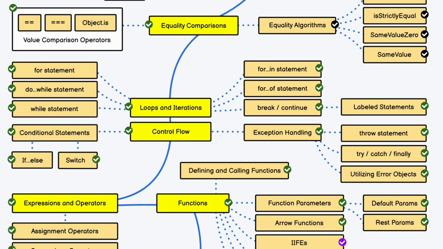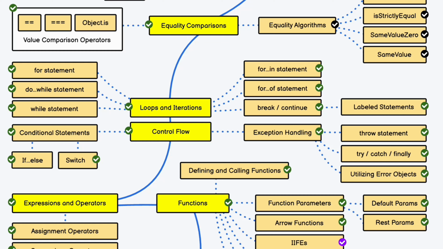Now let's come to the 8th module, which is control flow. Control flow is also divided into 2 different categories and it has subcategories. The first category we have is conditional statement. What is conditional statement? If, else, switch. So these are called conditional statements, and you have to know in which section and how you can utilize them and how you can use them for building logic. So that's called conditional statement.